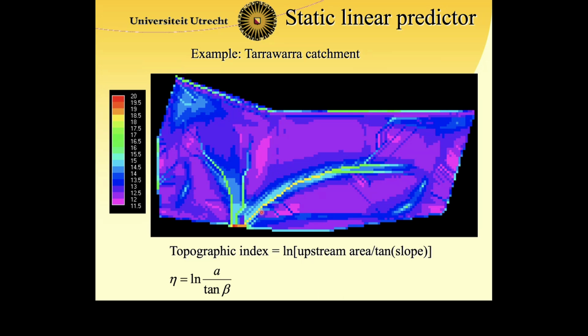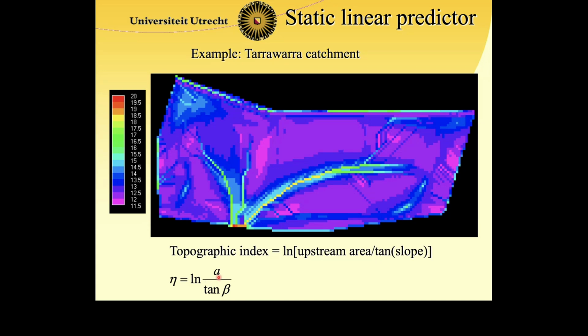For every cell you see what its upstream area is by creating a drainage direction map. And of course, cells that have a large upstream area and a very small slope